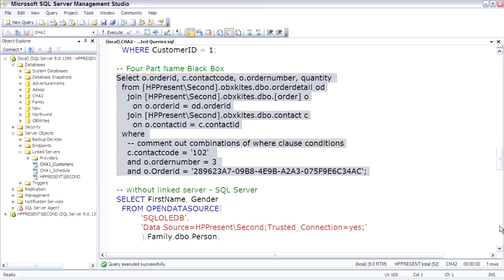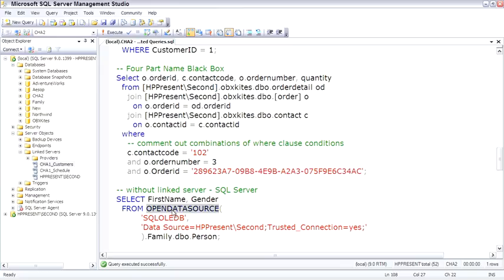All of the queries so far depended upon setting up the linked server, but if you want to do it without setting up the linked server, you can specify information and then use the Open Data Source function. It's a function because it will return back a table, and it can be called as a table, but you pass parameters to it. So to talk about this function, the first parameter is what is the type of provider